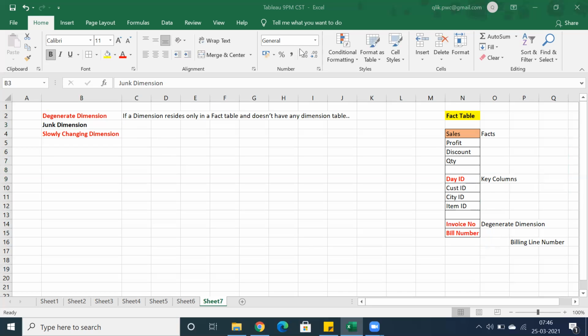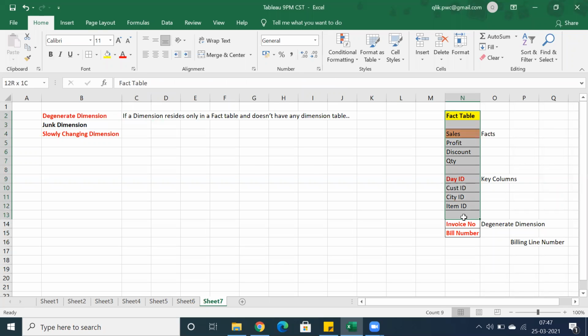So we do have junk dimension. Basically, I'll repeat the degenerate dimension once again as Watson just joined. So a degenerate dimension is nothing but, if a dimension resides only in the fact table and does not have any dimension table, it is called a degenerate dimension.